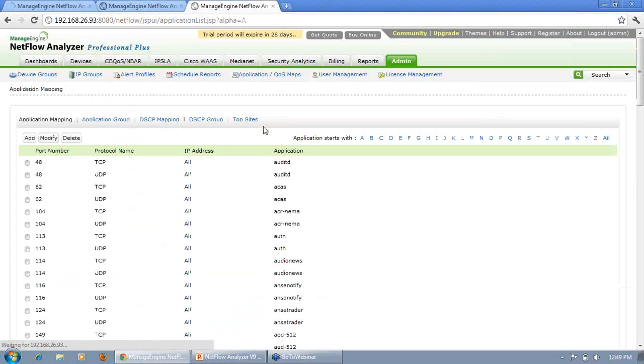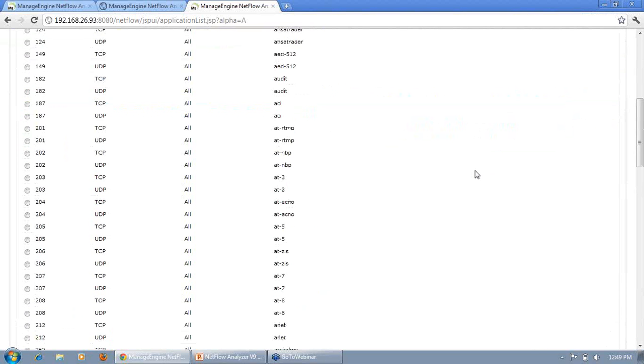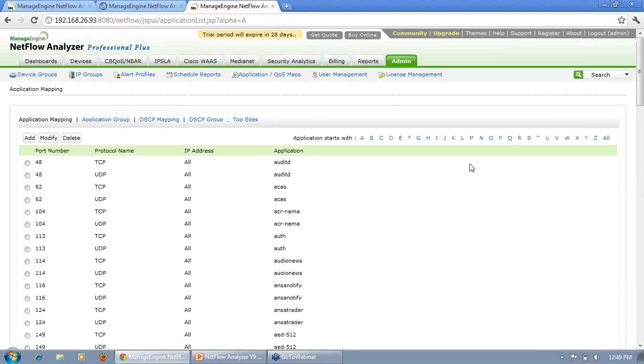And application and QoS mapping, as I told you, earlier it was around 1,500 applications mapped in the product. Now it has been increased to 10,000 applications. So all the application traffic that is passing through your network is being categorized. And you can create an application group to monitor. If you want to monitor only a particular group of application traffic, you can do it using the application group